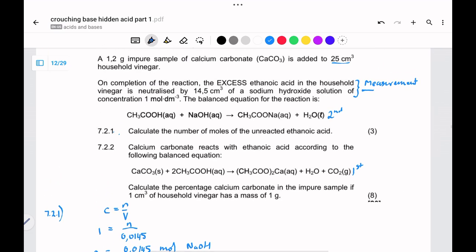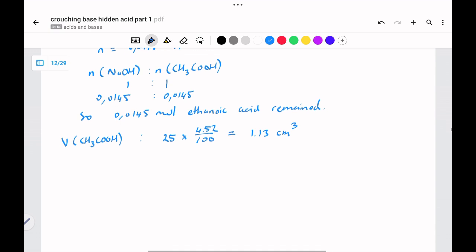Okay, so there is the volume. And now, later on, they tell us 1 cubic centimeter of vinegar has a mass of 1 gram. So we're going to turn this volume into a mass now. So 1.13 cubic centimeters is 1.13 grams. Okay, so now we have a mass